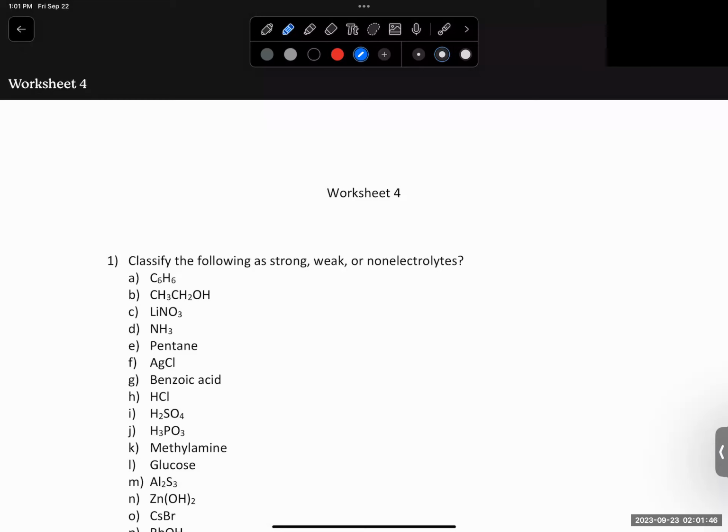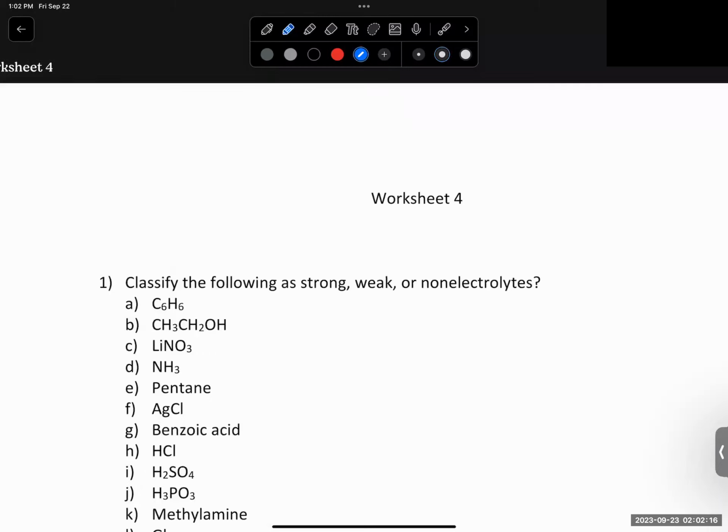David, what's a quick explanation for the three of those? Strong electrolytes are strong acids. Weak electrolytes are weak acids. Non-electrolytes don't dissociate at all, or are insoluble salts. Okay, so looking at the first one, C6H6, do we think that's going to be